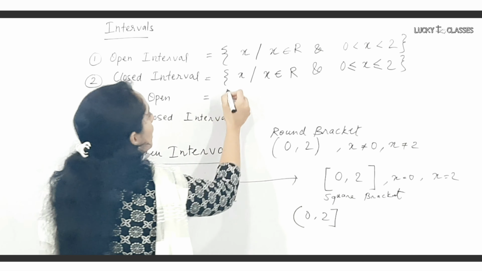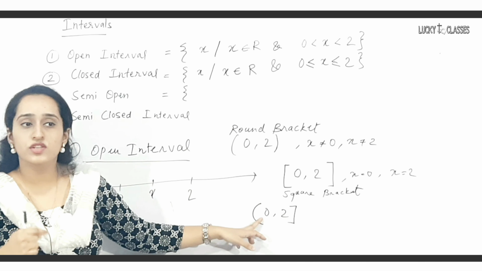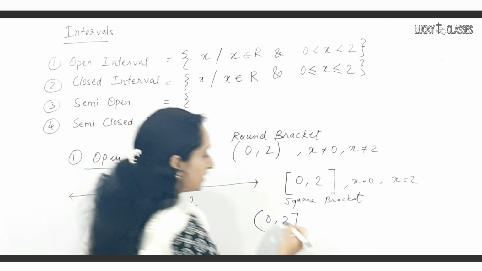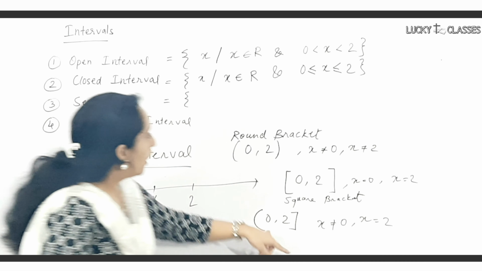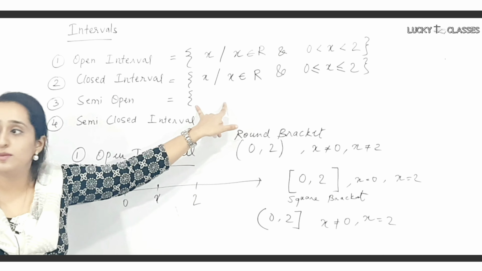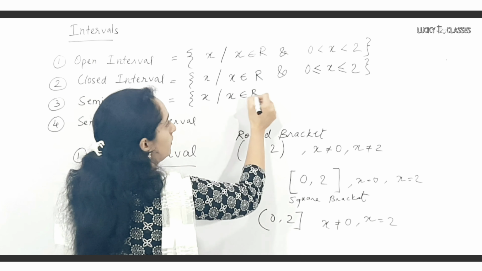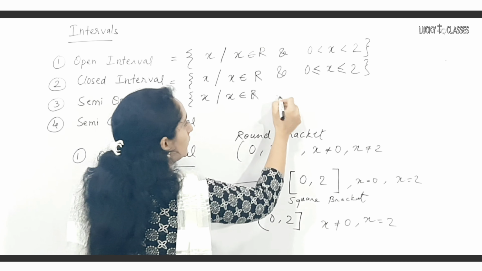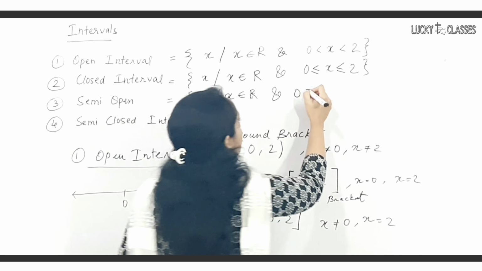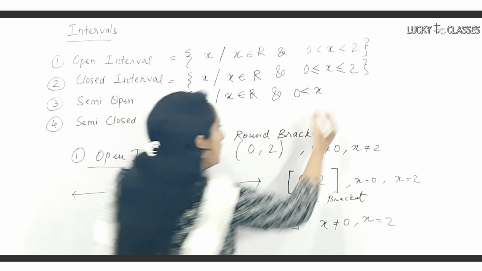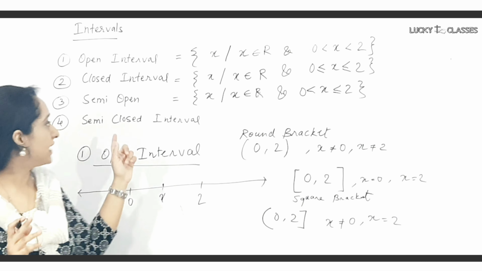Alright. For this, in terms of set builder, how are you going to write? Acha, is x equal to 0 in this case? No. Okay. Is x equal to 2 in this case? Yes. Correct. Right? So how will you write semi-open interval in set builder form? X, and 0 is less than equal to will come, or only less than sign will come? Perfect. Less than x, and over here less than equal to 2, because x can take value 2 as well. Okay, that is your semi-open.